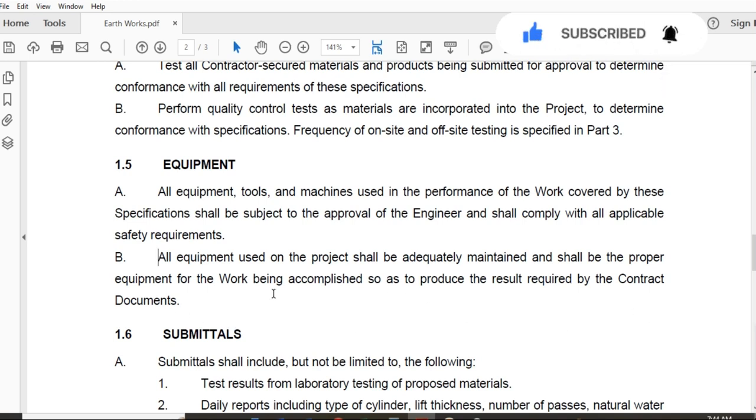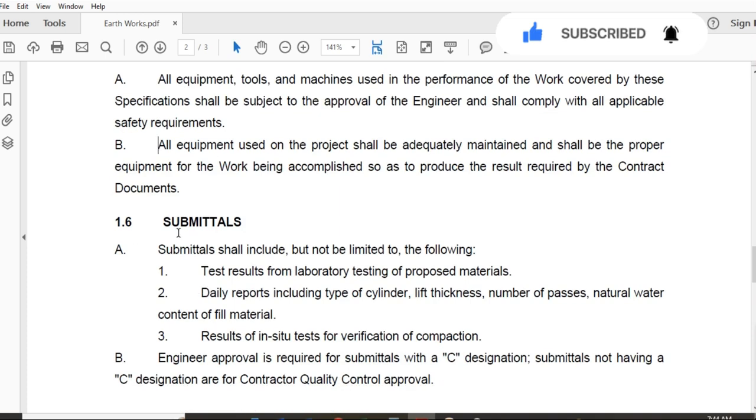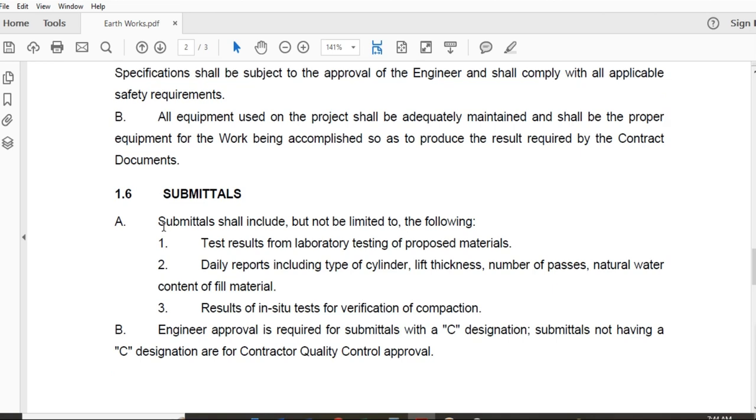Submittal. Which kind of submittal is needed for the earthwork? Submittal shall include but not be limited to the following: test results from the laboratory testing of proposed materials. All the test results, quality test results which you have to do before the compaction or after the compaction, soil classification, all the tests related to the earthwork should be submitted for